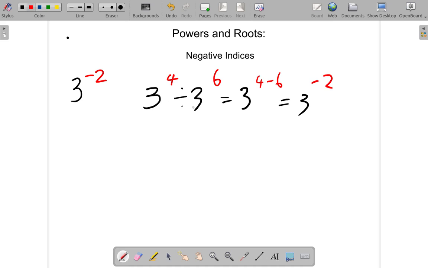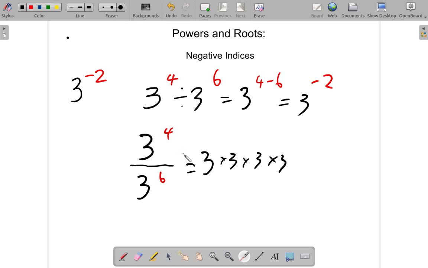Alright, let's look at this thing again. 3 to the 4 over 3 to the 6. We could rewrite this as 3 raised to the 4 divided by 3 raised to the 6. And that will give us 3 times 3 times 3 times 3. So we have 4 3's. 1, 2, 3, 4 of them multiplying each other. All over